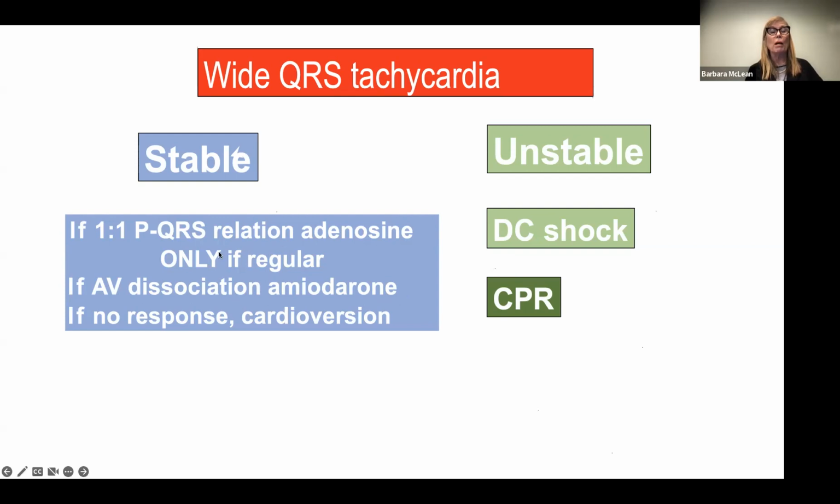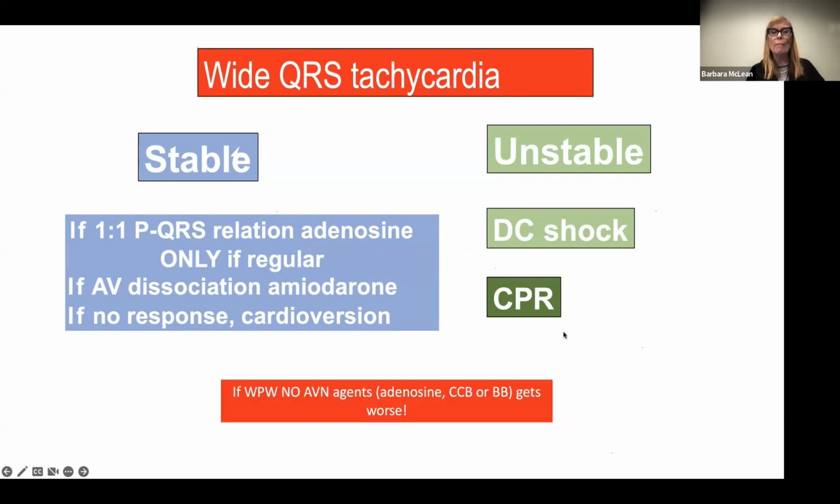And if there's no response to either one of these, I'm going to consider cardioversion. If the patient's unstable, I'm always going to do cardioversion, DC shock, and CPR. Okay. If your patient has accessory pathways, and you really wouldn't know that if you didn't really know the patient,